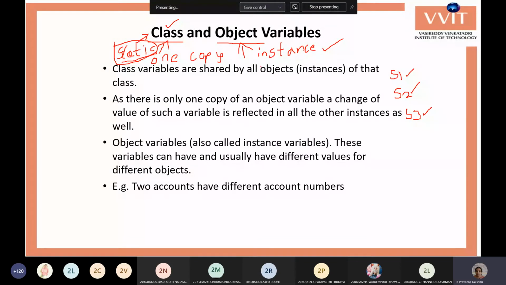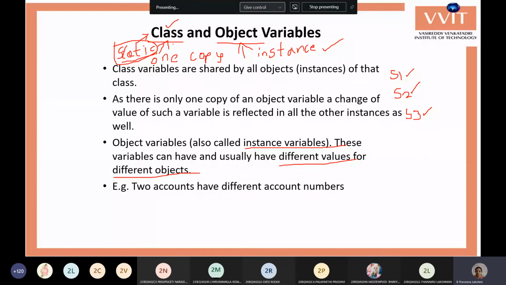So object variables are multiple copies and class variables are single copies. Object variables are also called instance variables. You have different values in different objects. And if you assign one value to a class variable using one particular object, the same value can be seen by the remaining objects also.